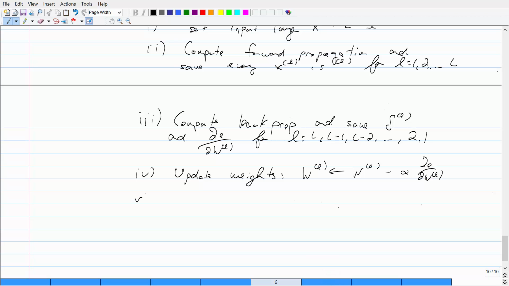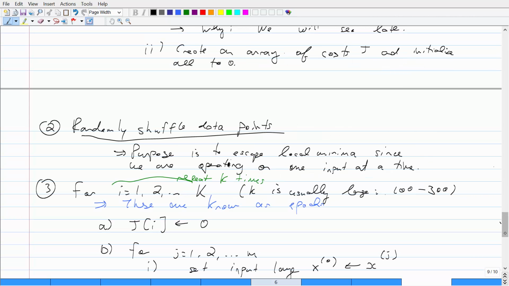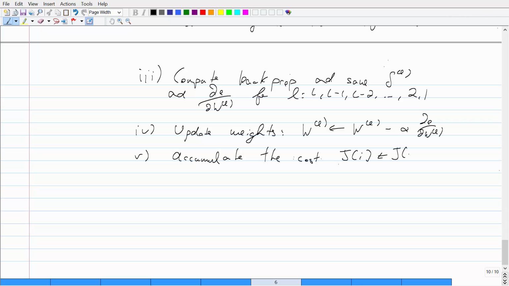And then finally, you want to accumulate the cost. Okay, so we're going to update this cost. Okay, so this is 1 over 2m, and then this is i. Whoopsie, let me just move this. I'm running out of room. Plus, and this is 1 over,